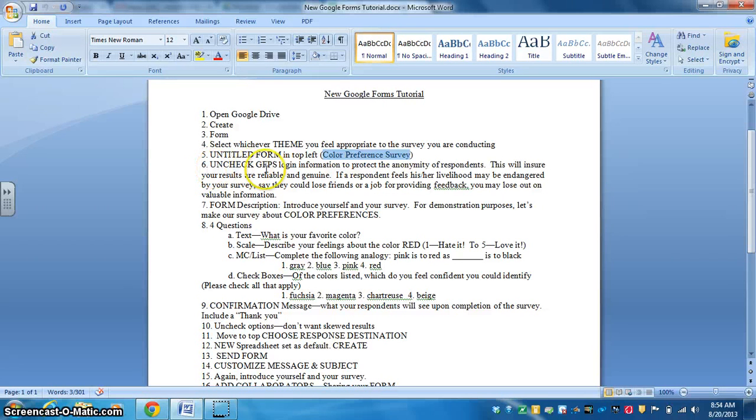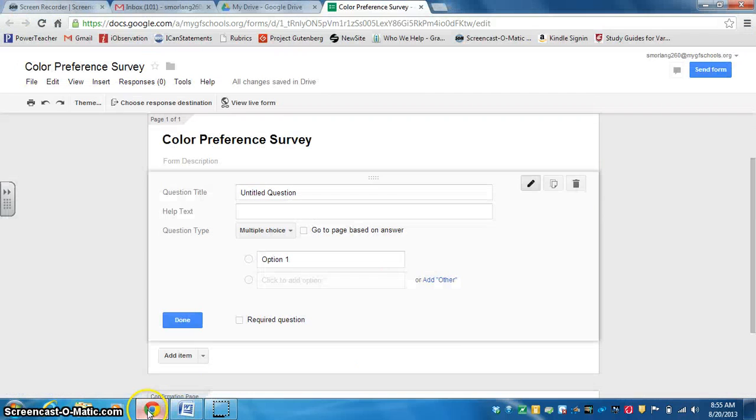I'm going to ask you to uncheck the login information. That will protect the anonymity of respondents. If you wanted to, of course, record respondents' information, you would leave that checked. This will ensure that your results will be more reliable and genuine. If a respondent feels his or her livelihood may be endangered by your survey, say they could lose friends or a job by providing feedback for you, you might lose valuable information. So